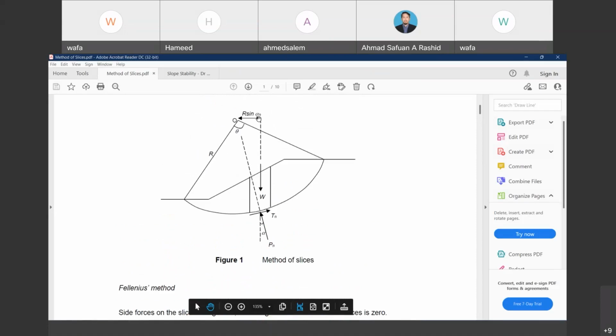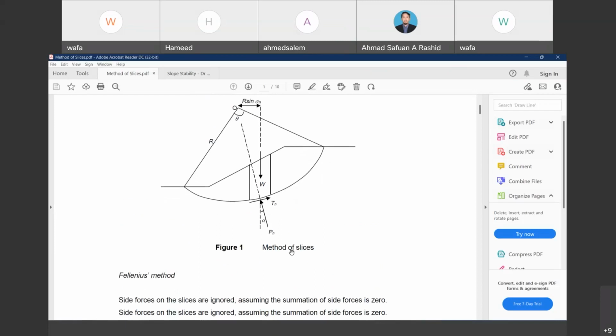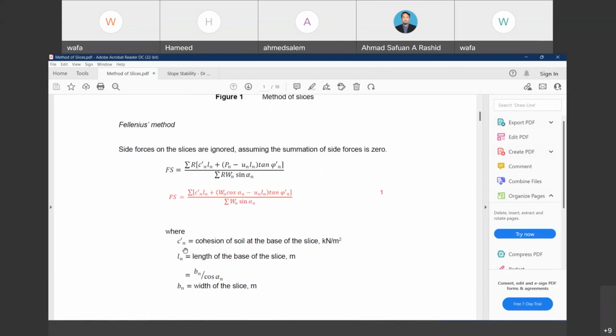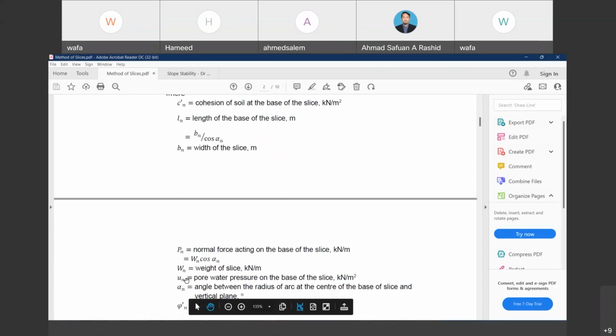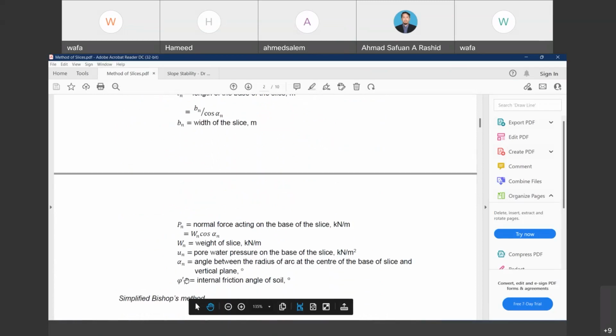Okay, so the sine alpha is the moment arm, while W is the width of the slice. This is C, cohesion, and this is the value to determine the length. P is the width. Then we have P, W cos alpha, width of slice, pore water pressure, angle between the radius of the arc and the center of the base of slice, and